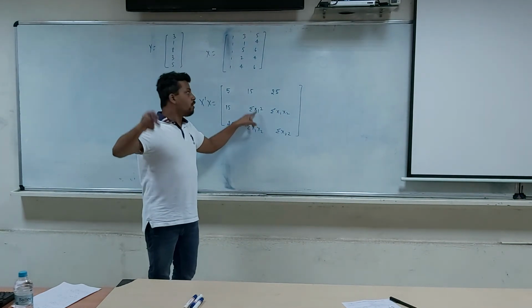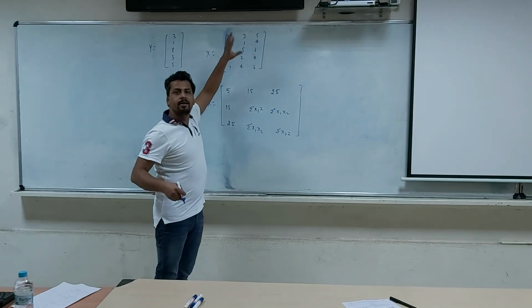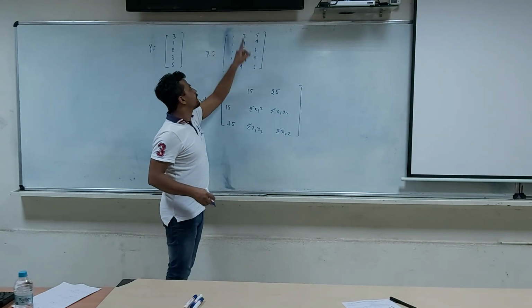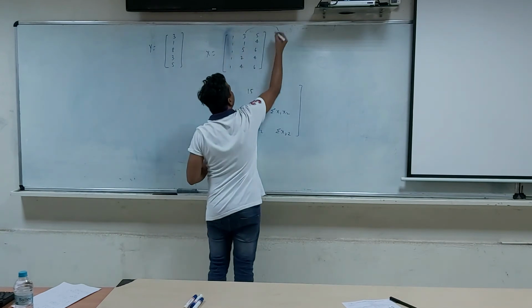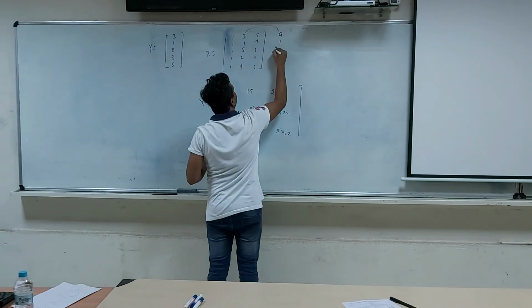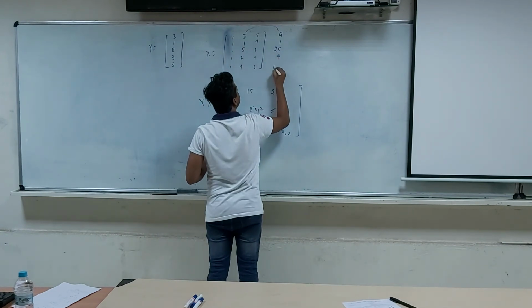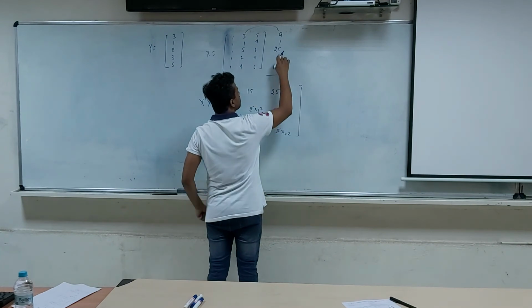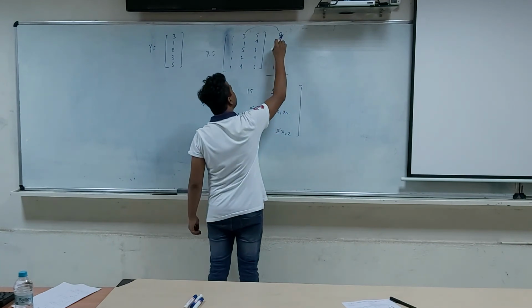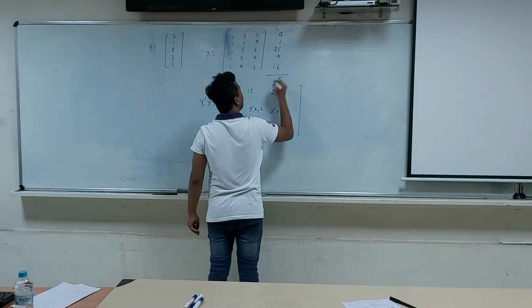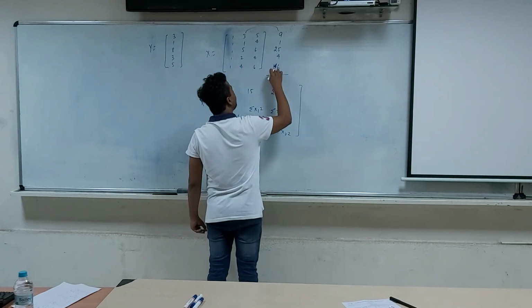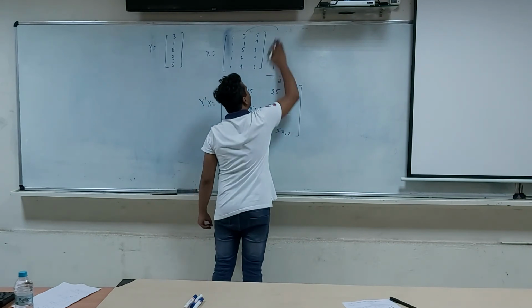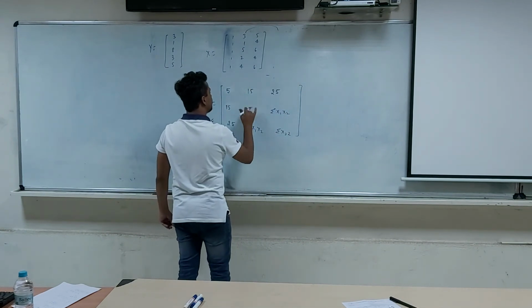Now this is summation x1 square. So first you square all the values of the first explanatory variable, and then you take the sum. So this x1 square will become, I am writing it here, 9 1 25 4 16. Now this will be 9 plus 1 is 10, plus 25 is 35, plus 4 is 39, plus 16 is 55. So I have 55. So I can replace this as 55.